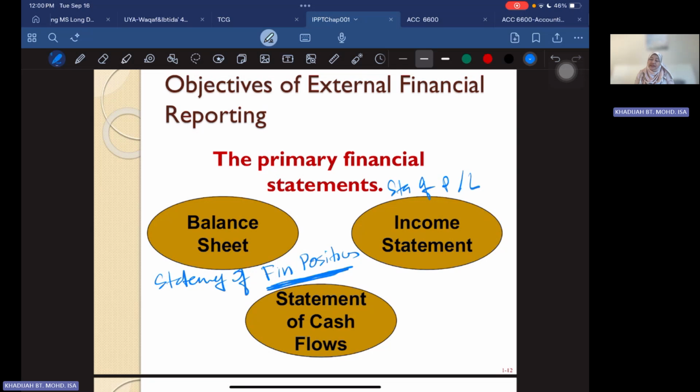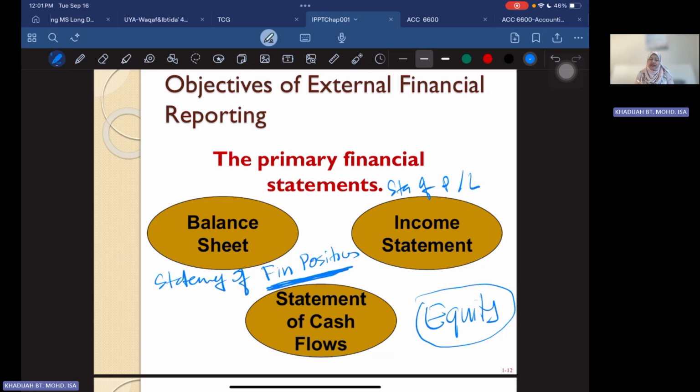And of course, the final one is the statement of cash flow. It talks about your cash, what is your cash inflows, and how is your cash outflow. So these three statements are the primary financial statements. Of course, you have another one we call a statement of changes in equity. All right. Equity is actually looking back to your investment. The owners, how much the profit, how much in dividend paid to the owners, and many more. So this is the fourth statement, the statement of changes in equity.